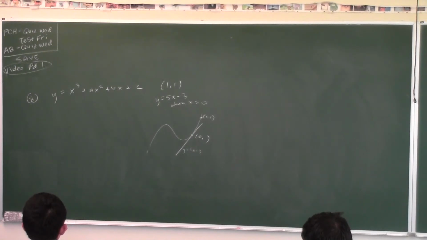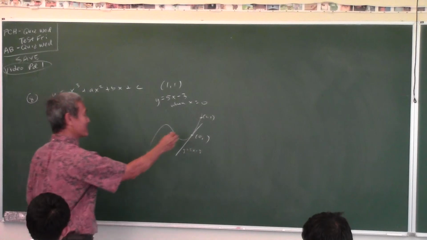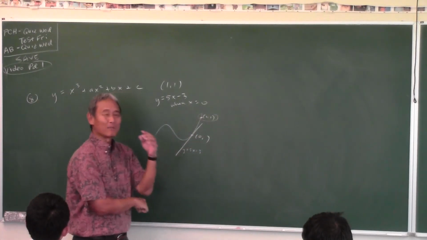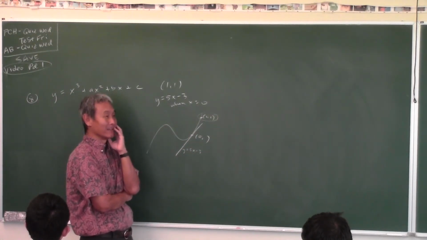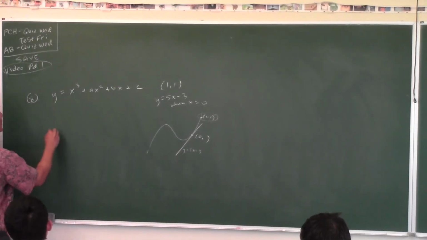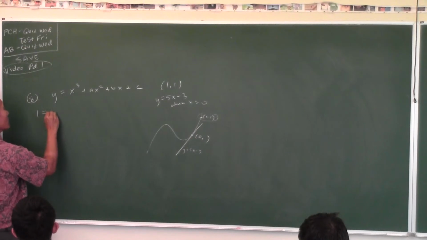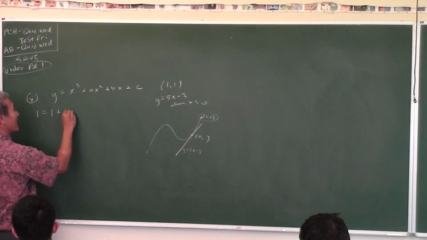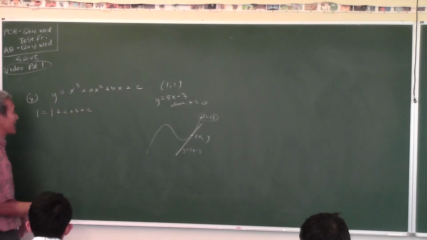Find the values of a, b, and c. Well, if the graph passes through the point (1, 1), what do you think I'm going to do with that? This is like SAT. You plug it in. So if I plug in 1 for x and 1 for y, what are you going to get? 1 equals 1 plus a plus b plus c,